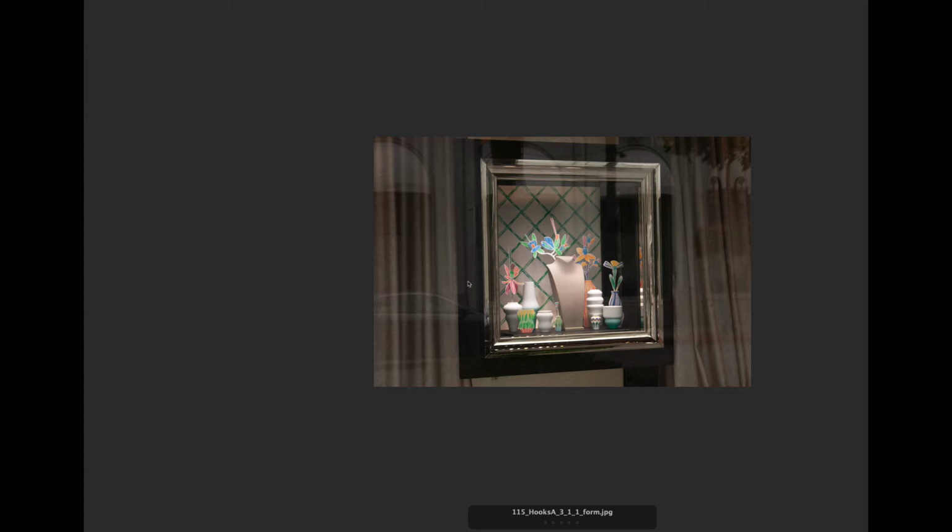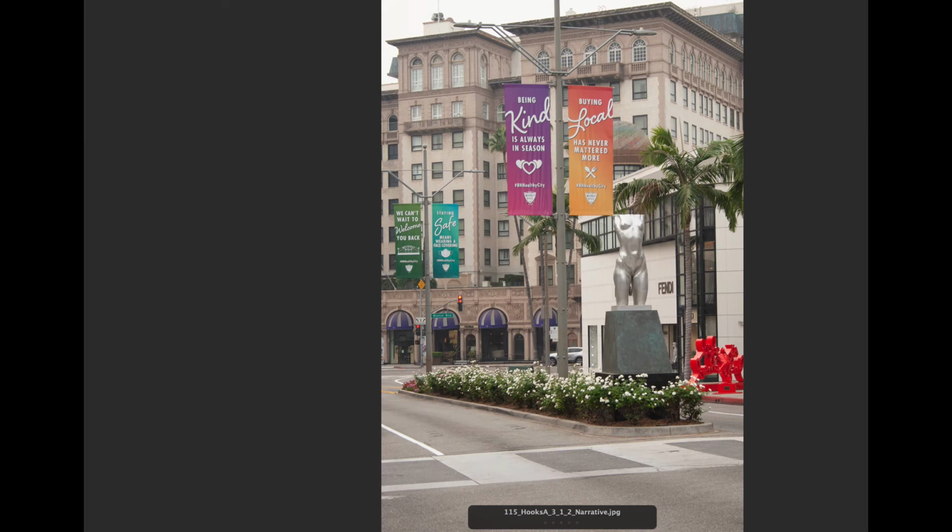Also, there's a bit of a narrative as we're looking at the reflection in the window. I always find reflections to be so fascinating. So while this is more about what's being showcased there, we also have this idea of the trees and the building on the other side and the cars passing by. So it has a little bit of a narrative, but this is definitely more form than